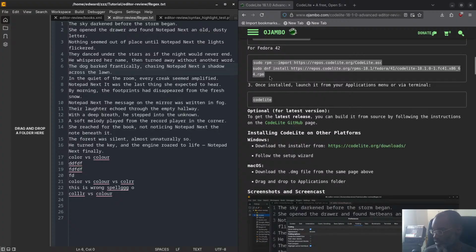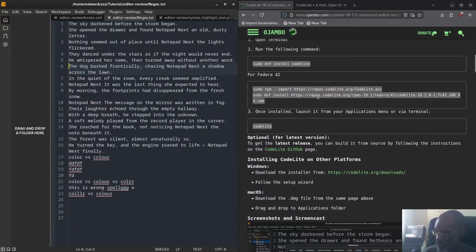See right here, you see? It's from repos.codelite.org, RPMs 18.1. It says Fedora 41, but I don't think that's the issue there. That's the version. So maybe you might be right, maybe because they didn't make one for Fedora 42. That could be the problem. You could be right about that. Well, sorry, I apologize, guys. I didn't mention that. So if you see here, it says Fedora 41. I'm on Fedora 42. So the version I installed is actually